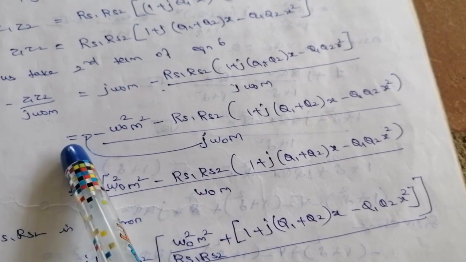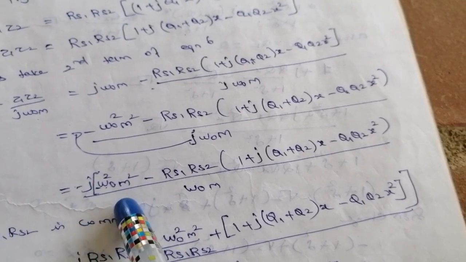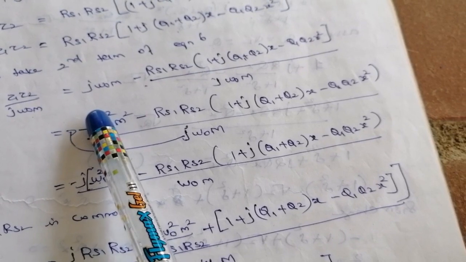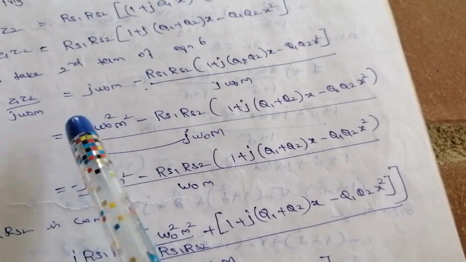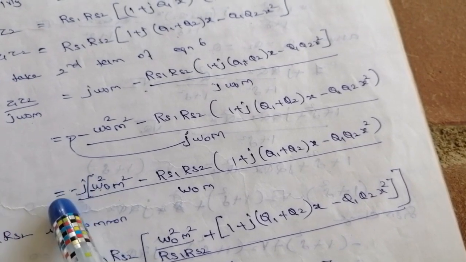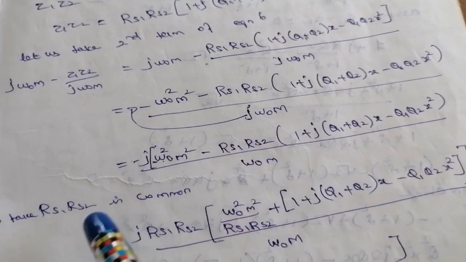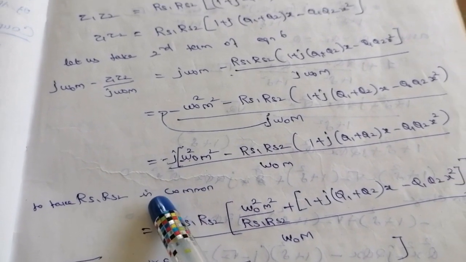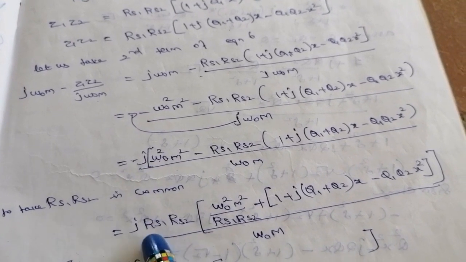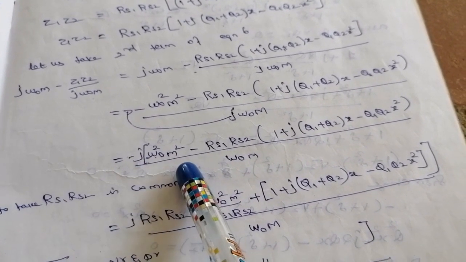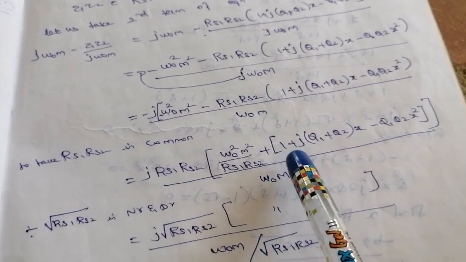So this j comes to the upper, so we'll put minus j into omega naught squared M squared. Already we have a 1 minus, so minus into minus. After that we have to remove this minus, this minus is 1 by j becomes a minus j. So the remaining term is the same. Take Rs1 Rs2 common. So j minus into minus plus j Rs1 Rs2 omega naught M squared divided by Rs1 Rs2 plus 1 plus j, the remainder omega naught M.